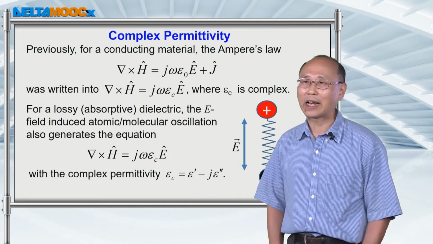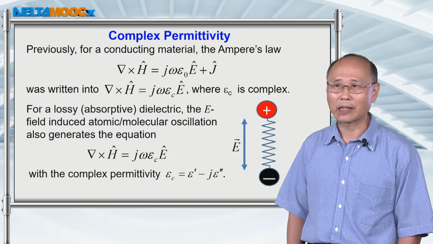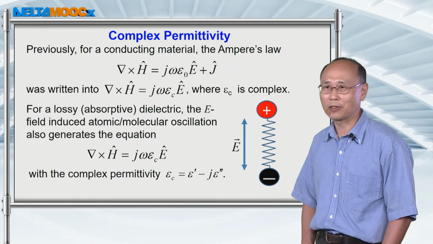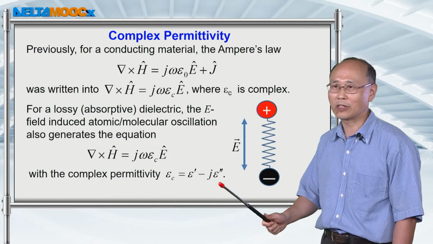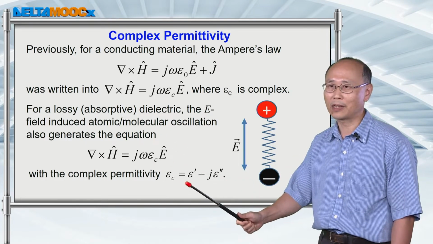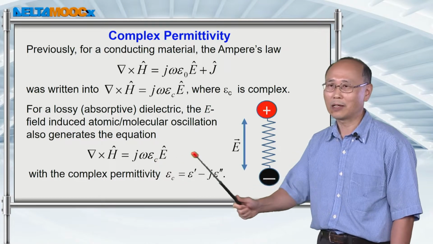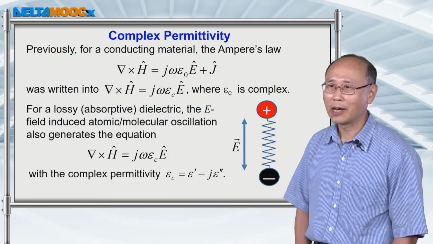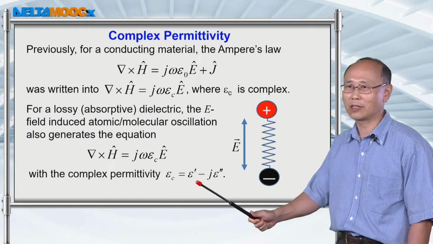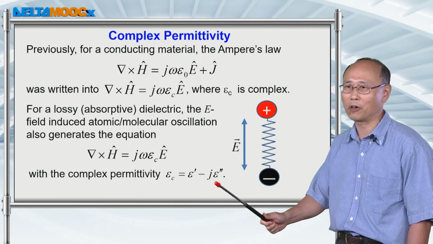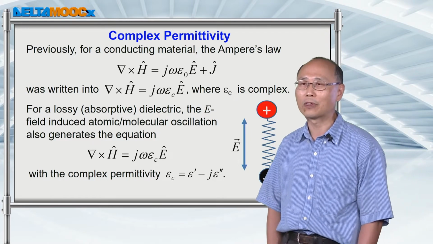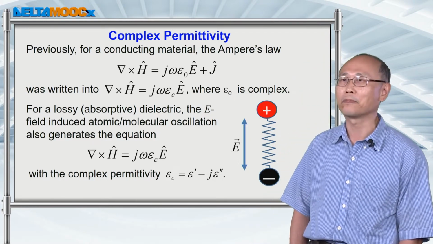From the last few sessions, you already have the concept that if there's energy dissipation inside a material, then the permittivity will have an imaginary part. So I write down, without any further proof, that the permittivity inside a piece of dielectric will also be complex. This complex number consists of a real part and an imaginary part, and the imaginary part is going to be responsible for the attenuation of the wave inside this dielectric material.